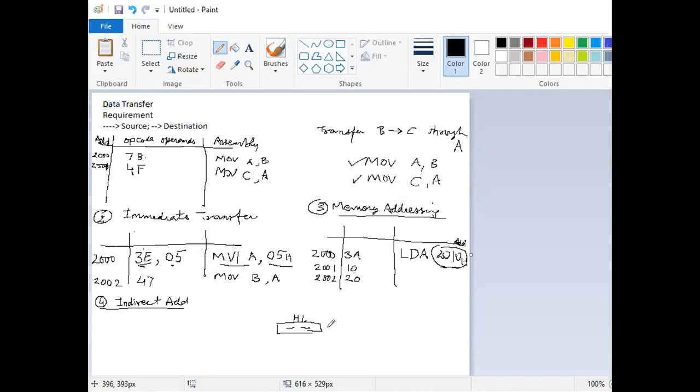So when you open this register, the contents are nothing but the address which will point to the memory. So how do you write it? We have to load the HL with the address. So then the instruction becomes